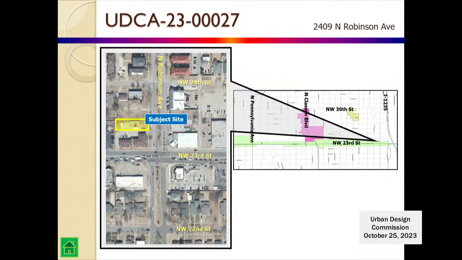west side of North Robinson, just north of Northwest 23rd Street, and it happens to be the last lot on Robinson that's inside the UD district. So it just happens to be caught up in this set of regulations and this design review process. You'll notice a lot of similarities between this case and the previous case in that some work, actually in this case, a lot of work was done on the building without having gone through the process. And as in that case, the similar result is here: